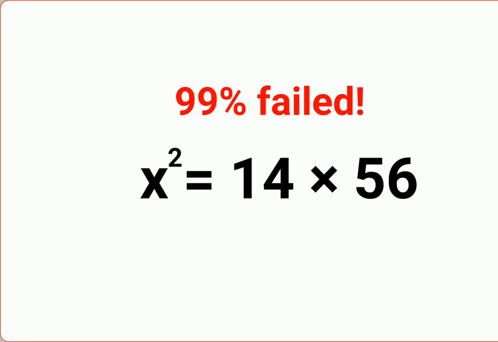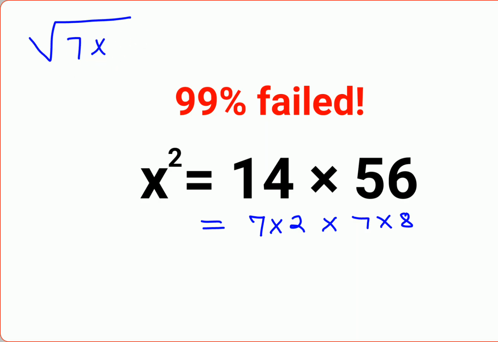So please understand, eventually when you're trying to take the value of x, you're putting everything in terms of a root. Okay, so let's write all of them in as much possible as its pair. So what happens over here is 7 into 2 and this becomes 7 into 8. Now why did I do that? Why did I try to write everything in terms of its pair? Because see, if you want to find root of 7 into 7, here it becomes so easy, it becomes just 7, right? So that's what I'm trying to do over here.